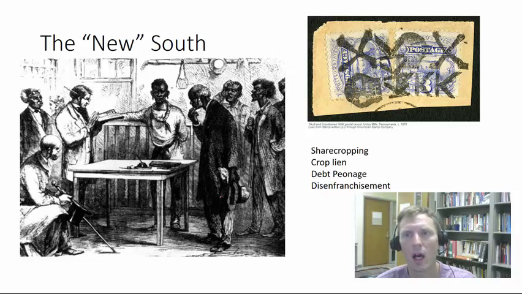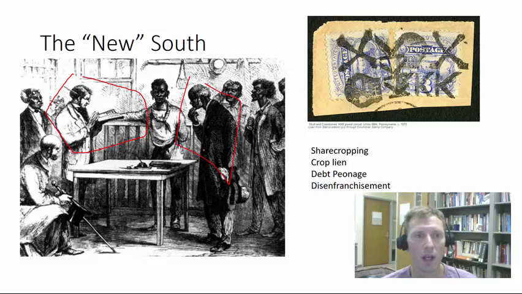Peonage is where you get enslaved to the land, where basically you can't move. In this case, if you're in debt, you can't move because you owe the landowner a crop, and you owe them future crop, and so you can't leave, and you get in this kind of cycle of debt peonage. Here you have this image where a white man has his ledger book, seeing how much this man should get paid or how much he owes. And this is what people are figuring out in the South. That's one way that African Americans get kind of stuck in economic poverty.